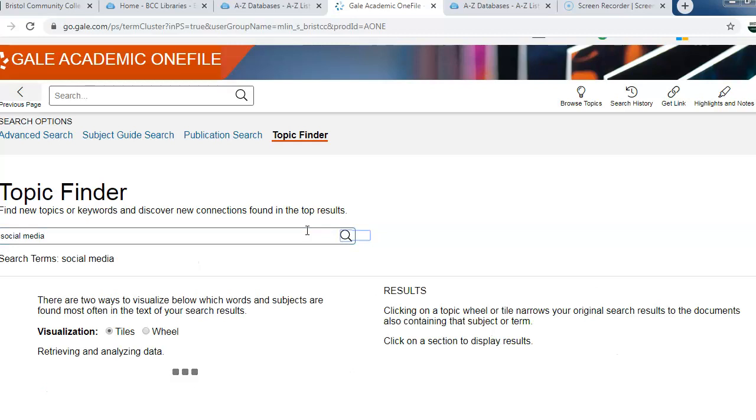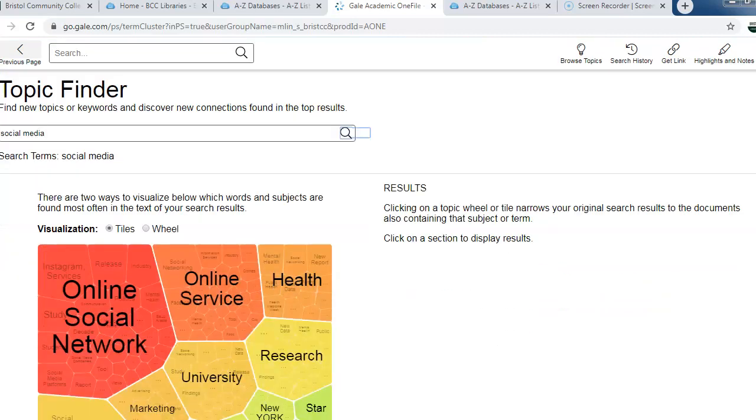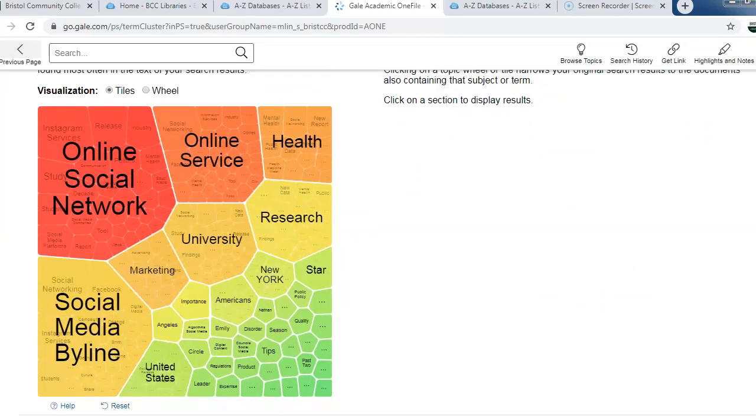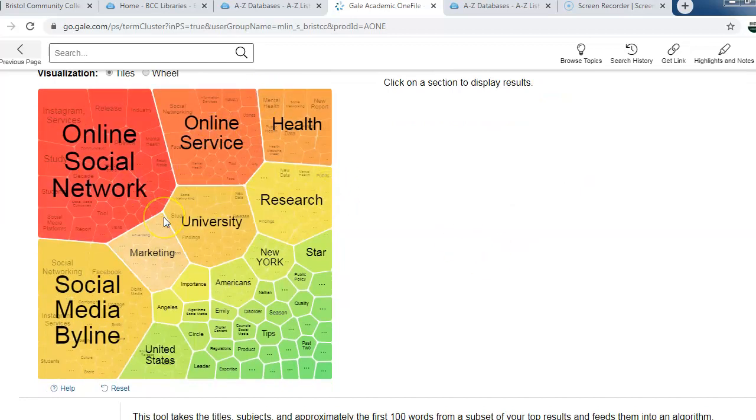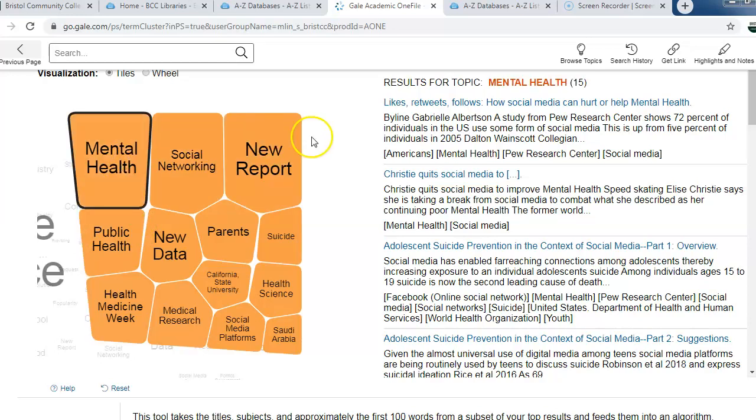It's a very broad topic, so what it brings back are these tiles. And these are all the things relating to social media within the database. I'm interested, I think, in the mental health of adolescents and social media. So I'm going to click here on this health tile. And now you can see that we have a number of different topics relating to social media and health. And I'm going to click on mental health, and you'll see on the right hand side it changes to results